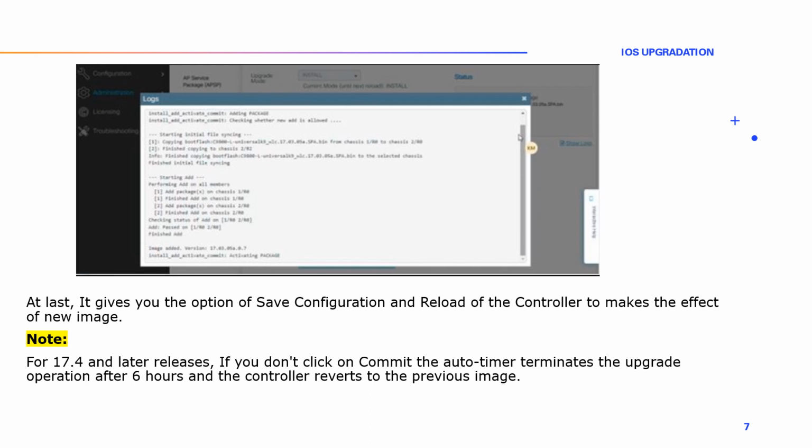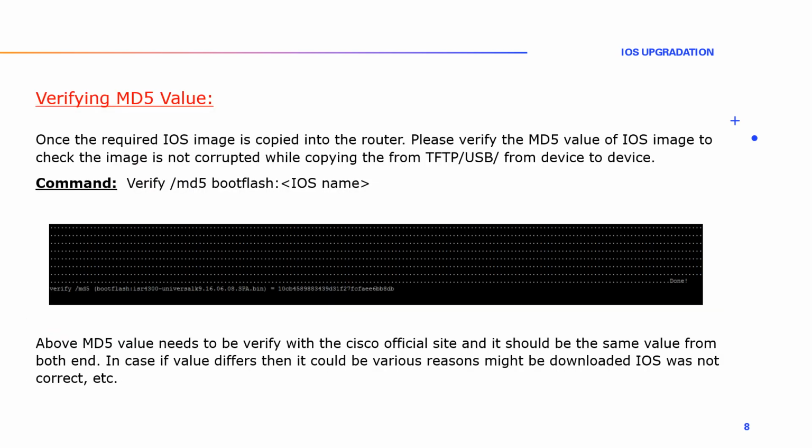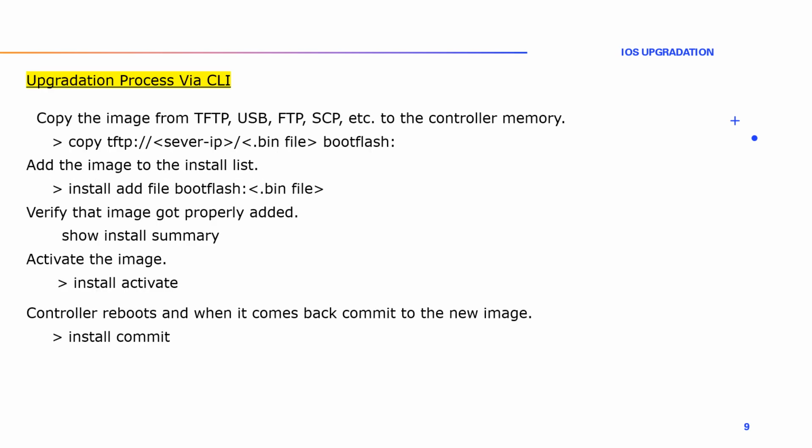ओके, तो ये बात थी आपको GUI से करने के लिए। ठीक है, आप इसी सेम प्रोसेस को अपग्रेडेशन कर सकते हो वाया CLI। ठीक है, CLI के लिए जैसे मैंने बोला था कि आपको पहले MD5 चेक करना बहुत ज़रूरी है। जैसे ही आपका MD5 वैल्यू की वैल्यू सेम आ जाती है दोनों एंड पे, सो इट वुड बी अ बेटर अप्रोच टू डू एनी ऑफ द iOS अपग्रेड। CLI प्रोसेस के लिए आप इसको स्टैंड अलोन भी कर सकते हो, और अगर आपका WLC HA मोड में है तो आप वो भी सेम ही कमांड से कर सकते हो।